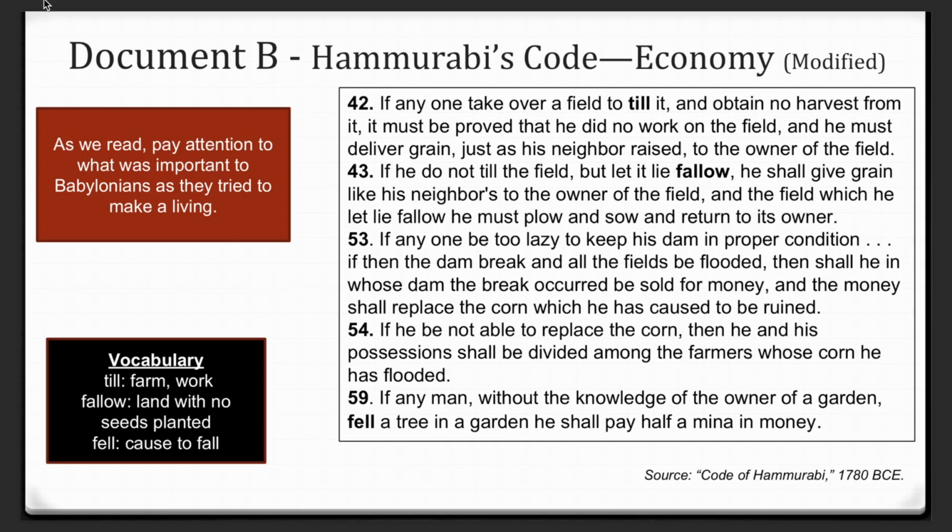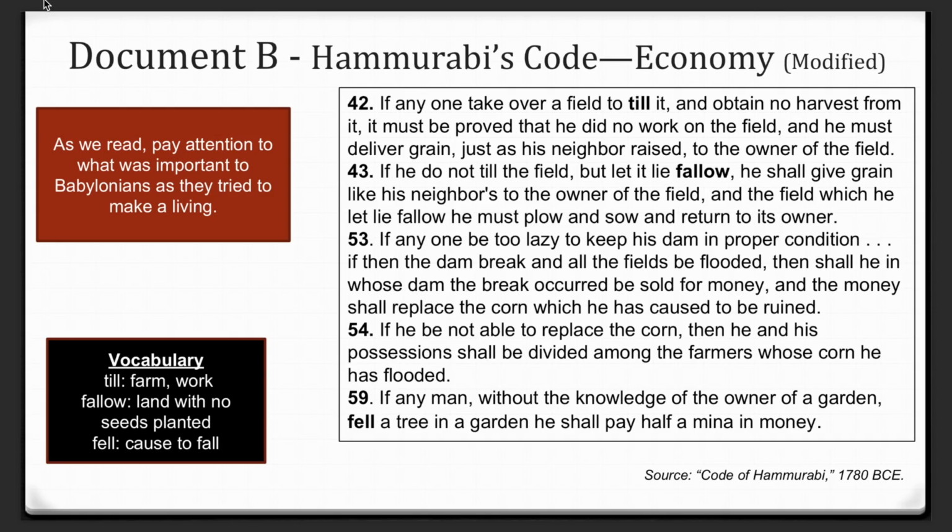to its owner. 53. If anyone be too lazy to keep his dam in proper condition, if then the dam break and all the fields be flooded, then shall he in whose dam the break occurred be sold for money, and the money shall replace the corn which he has caused to be ruined. If he be not able to replace the corn, then he and his possessions shall be divided among the farmers whose corn